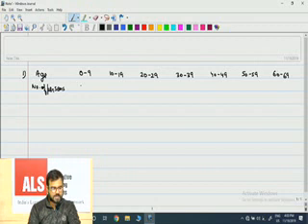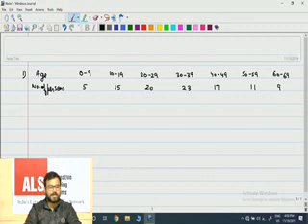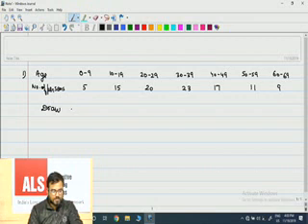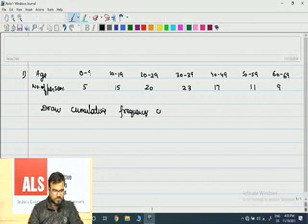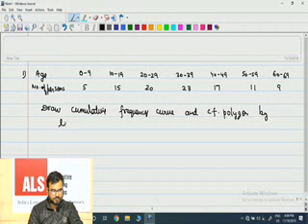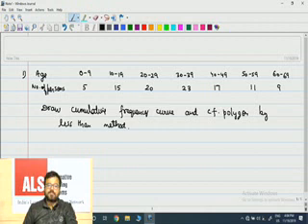The age is given like this and the number of persons in the different age groups. This is the data given: age of the persons and the number of persons in the age group are given. So what we have to do, draw